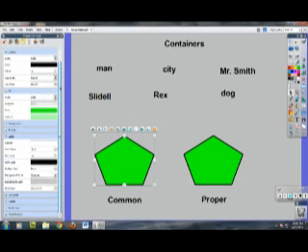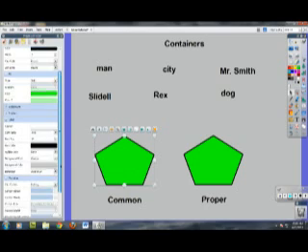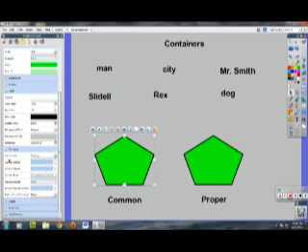And then I want to go down, and if you notice on the properties browser, this one right here, if you go down, you see this word here, container. Put the little plus next to it. And right now it says can contain, and it says nothing. I want to change that to keywords. And the reason I choose keywords is because all of these nouns are either going to be common or proper. So I'm going to assign each one of these words here to say common or proper. So it's going to be keywords, and then